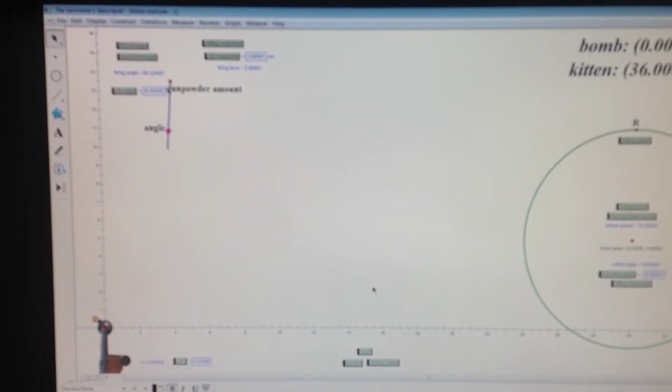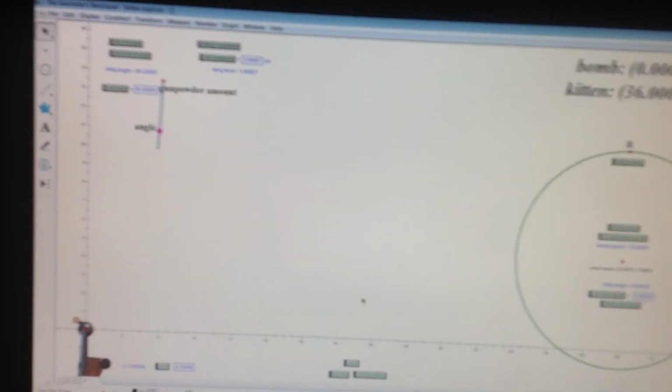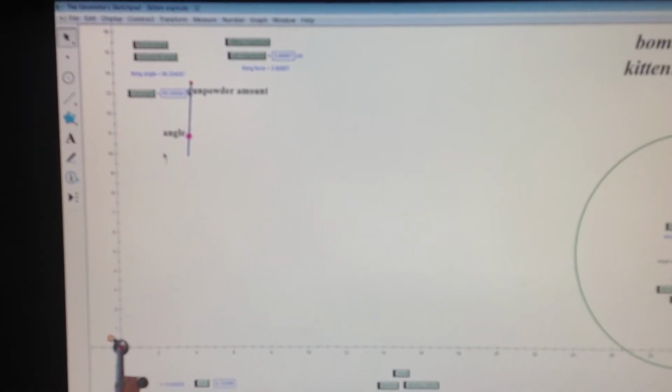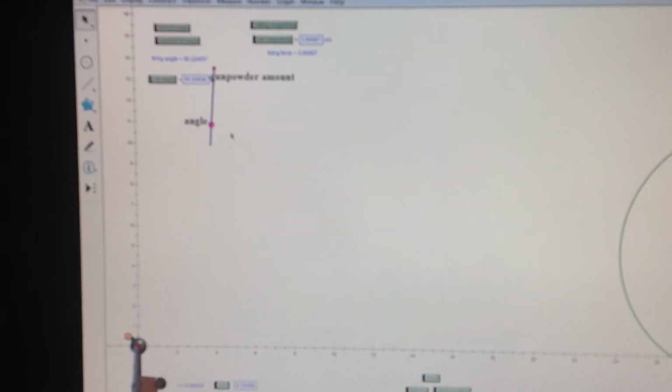Alright, so now comes the hard part of the project. As if this wasn't enough, with all the different things you have to control, there's also buttons for each of the things you get control. There's a button called the hit angle button, or the hit magnitude button, or the hit radius button. What these do is they will set the cannon so it'll actually hit. Now, some of them have more than one. So this first one says first hit angle. So I'm just going to click this